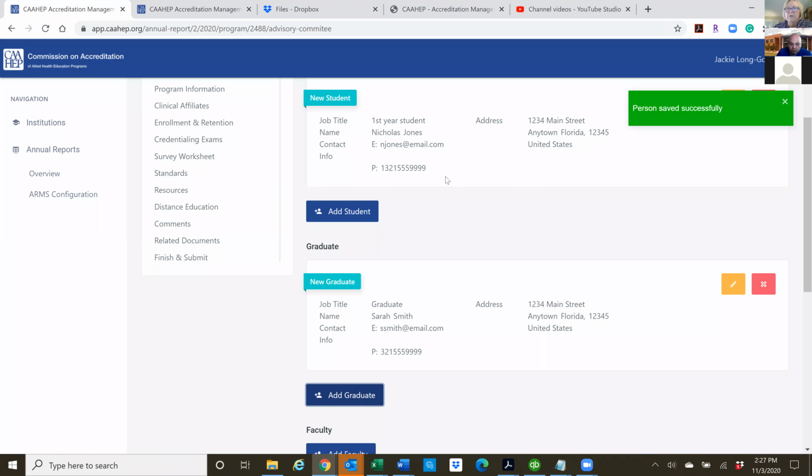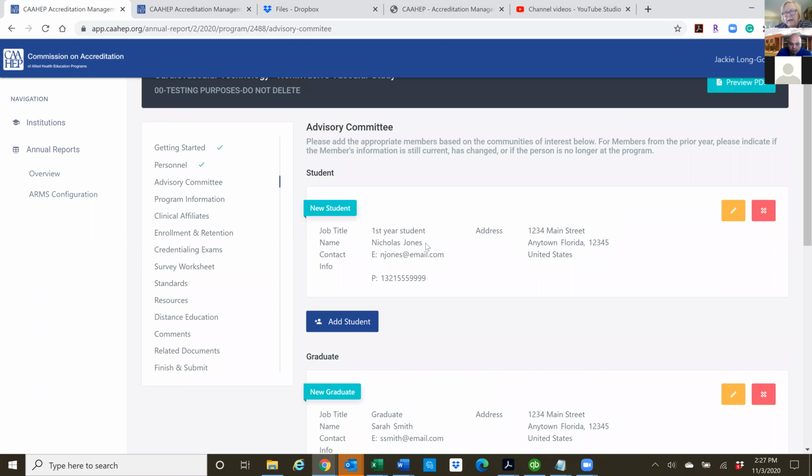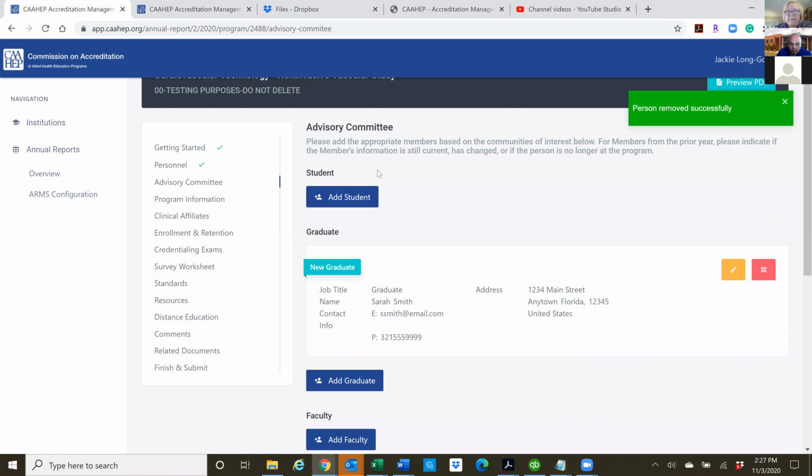So if you need to change your student, then you would want to go in and say, oh, Nicholas Jones was my student last year on the advisory committee, but he has gone on, he's graduated. So you click the red button and that removes that person. And now you would get the label that says you need to add a student.